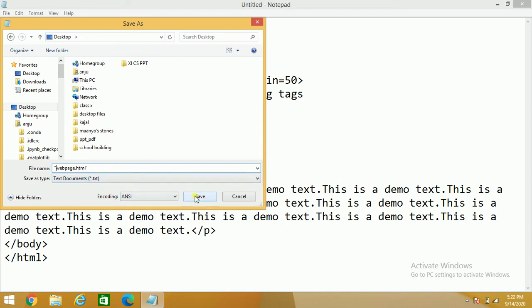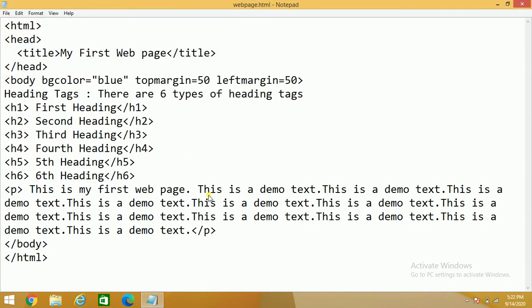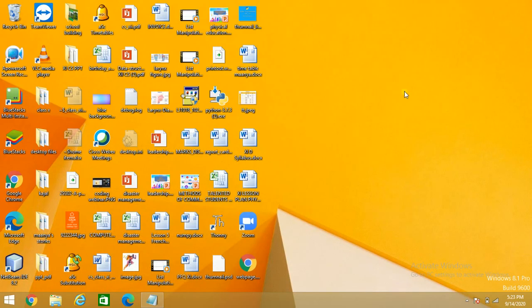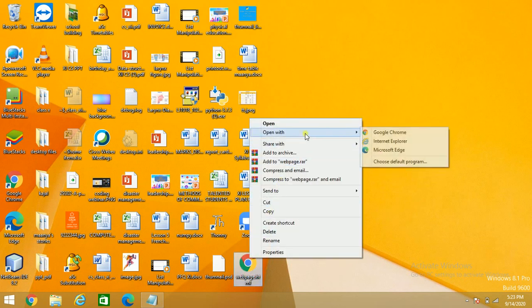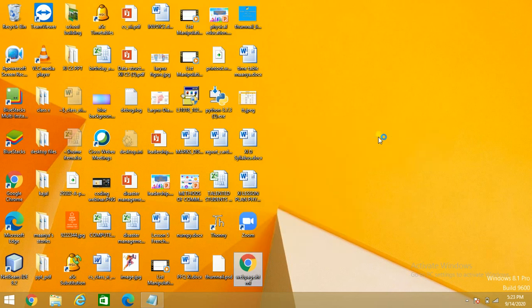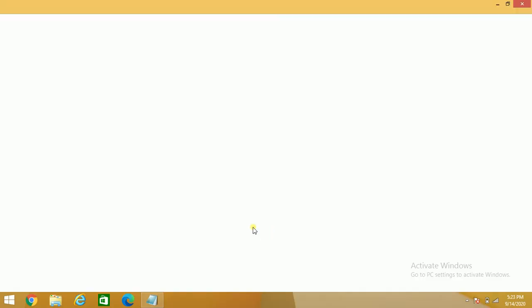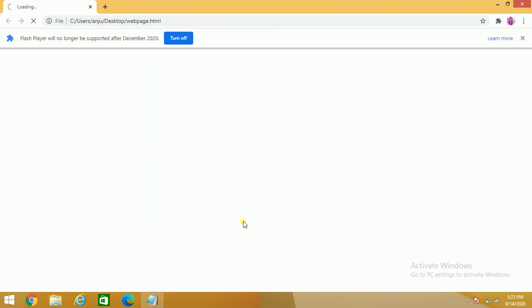This is compulsory. You have to use .html extension to save your file, so that if you will not write this .html, by default your file will store in .txt file. So अगर आपको web page बनाना है, it's compulsory you have to save your file in .html extension. Now let me show you the output first. I'm going to minimize this file. This is my web page, and let me see output कैसा आता है, so that I can explain you. And here you can see my output.